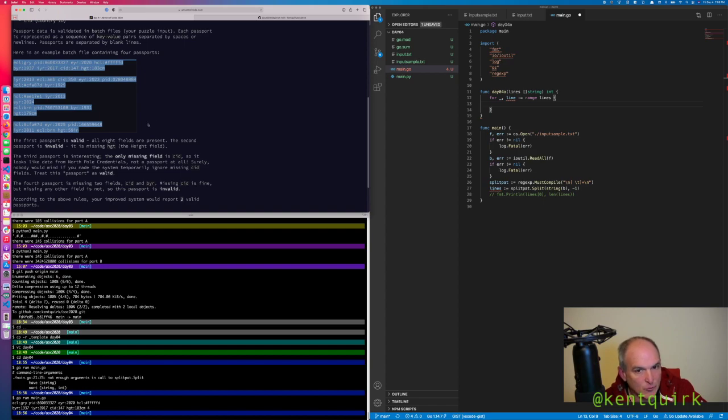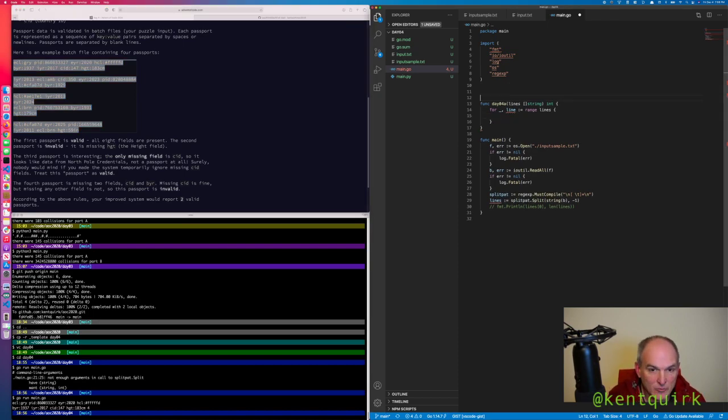Certainly I can. Each passport is nothing but a bucket of key value pairs, so I think it makes the most sense. Actually, I am going to do a data structure, but instead of a data structure, I'm just going to do a type alias. So we're going to create a type, and we're going to call it passport,